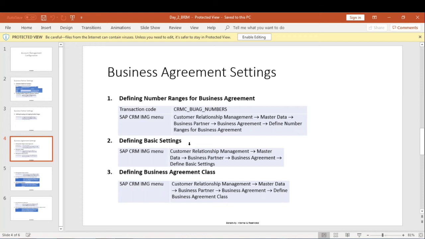FICA is an enhancement to financial accounting for high volume based billing, like Jio or Airtel. If we implement FIAR, financial accounting and accounts receivable, there are only some customers.